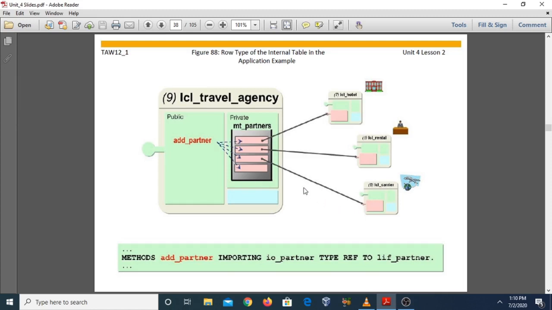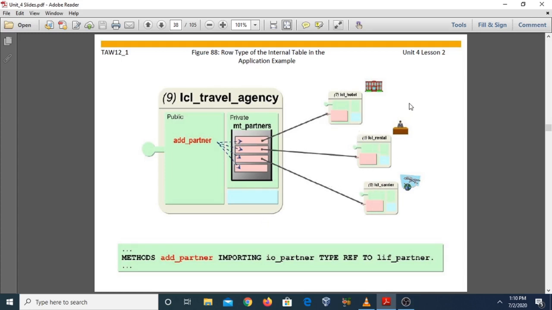The travel agency only wants to request the services in order to display attributes and check availability. So the relevant display_partner and check_availability methods are defined in the interface LIF_partner and implemented in all the business partner classes.